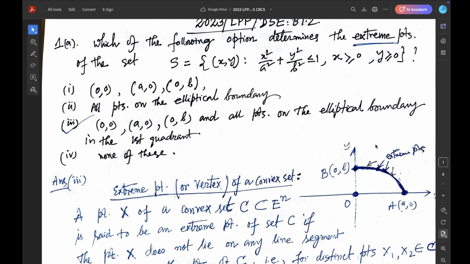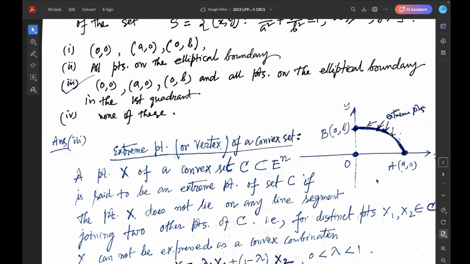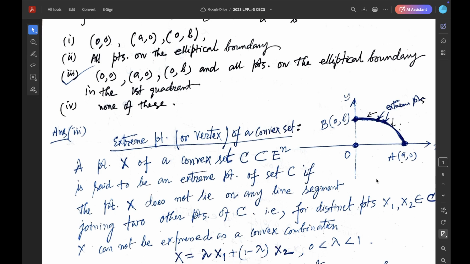Now this is x squared by a squared plus y squared by b squared less than or equal to 1 with this first quadrant. So this convex set includes the interior points and the boundary points in the first quadrant, S. Now, the extreme point or vertex point of this convex set S,